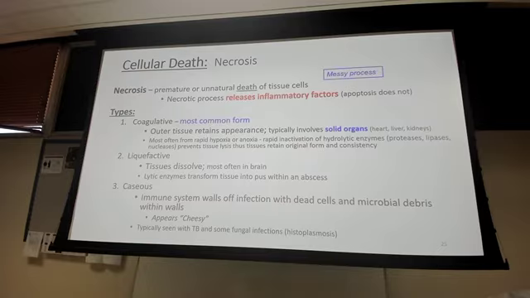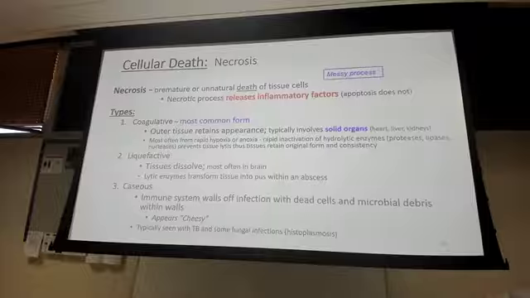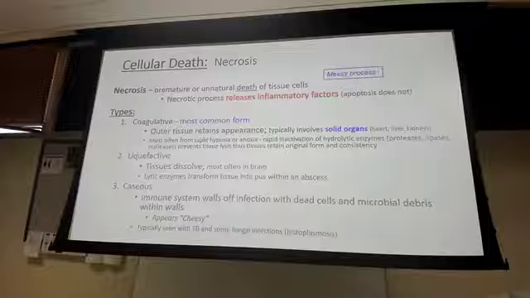And what happens here is that TB, as you learned probably in micro already, is very hard to kill. Our body can kill some TB, but most of that TB is going to hang around because it developed these mechanisms to prevent it from dying, right? So if we can't kill it, the next thing we're going to do is try to wall it off, right? We make these walls of just white blood cells that are called granulomas, and in that, our white blood cells are releasing